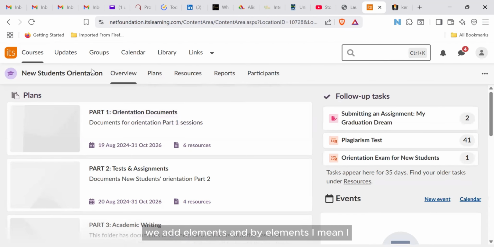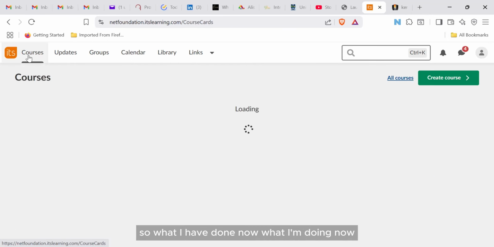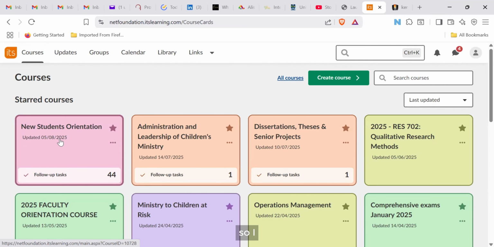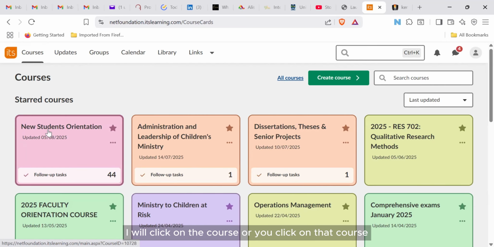So we add elements, and by elements I mean it could be either an activity such as an assignment or a discussion thread, or you want to add an exam, or you want to add to post notes for students and so on and so forth. So what I'm doing now, let me go back. I want to add some elements to the course that I have called New Student Orientation. So I will click on the course, or you click on that course,